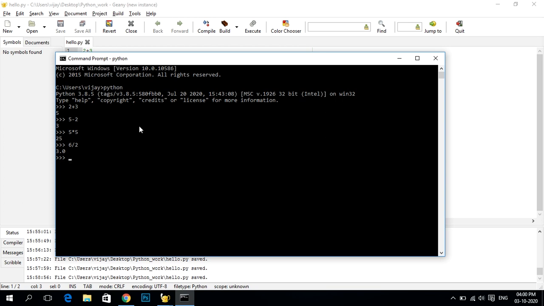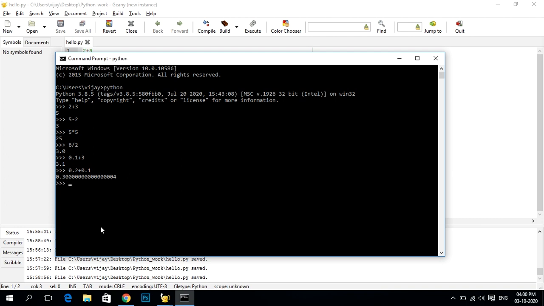And you can also check what a float number is. All decimal numbers are called float numbers. When you try to add 0.1 plus 3, it will give you 3.1. But when you try to add 0.2 plus 0.1, it will not give you the correct answer.